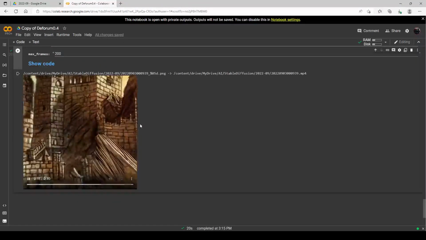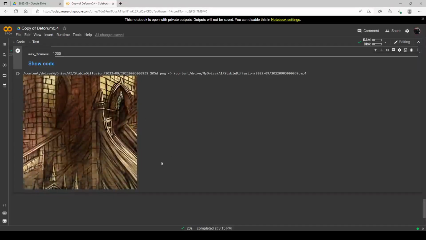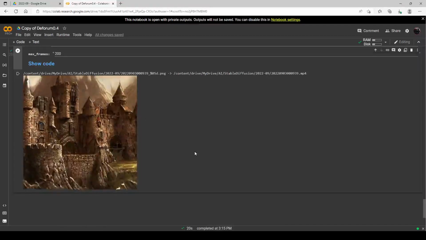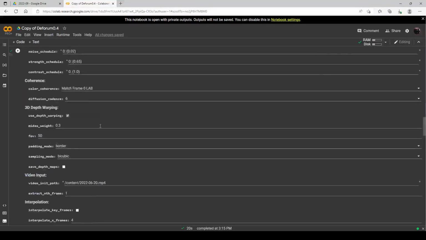And part of that too is because I did turn that cadence schedule down a bit, so that's going to have it morph and change a bit more, and then we're starting to get a bit of detail loss there. So let's go ahead and try this. Let's keep it at